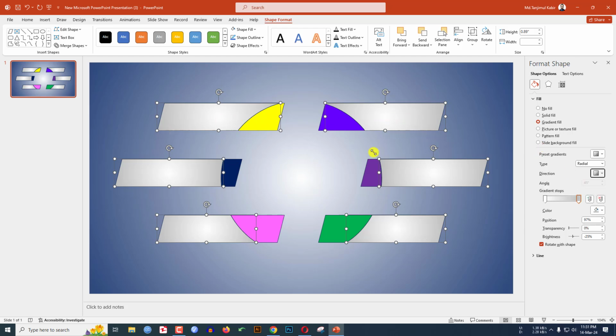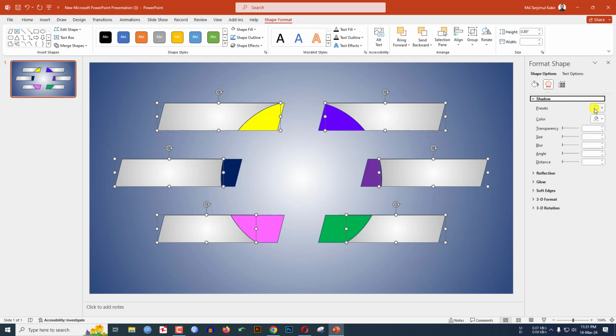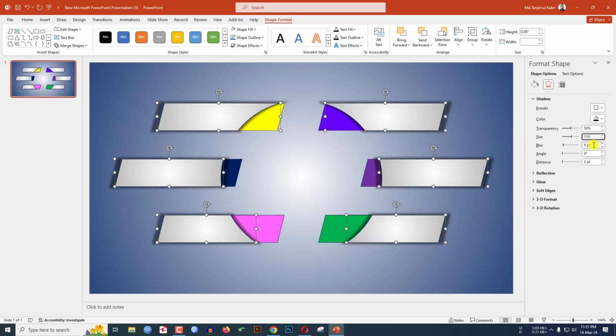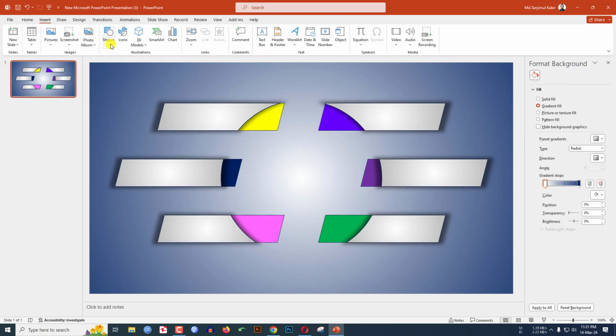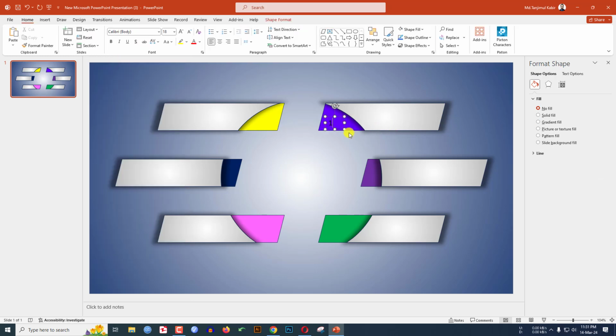After selecting all of this, go to Effect, go to Shadow, click on Offset Center, decrease the transparency to 50%, increase the size to 110% and increase the blur to 10 point, and here you will see this is looking beautiful. Now go to Insert, go to Shape, pick a text box and drag it over here and write here